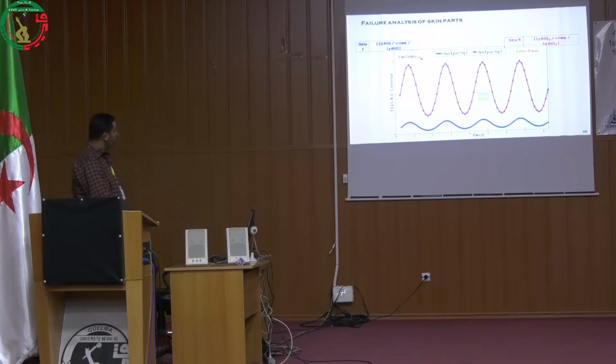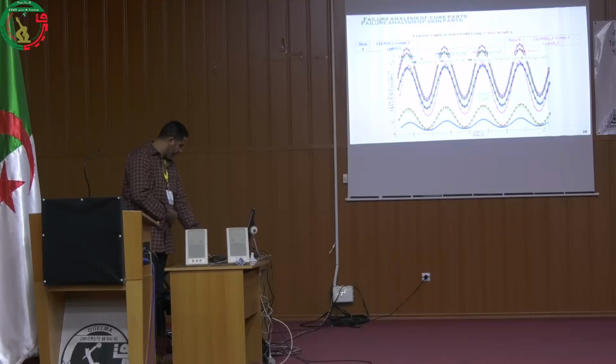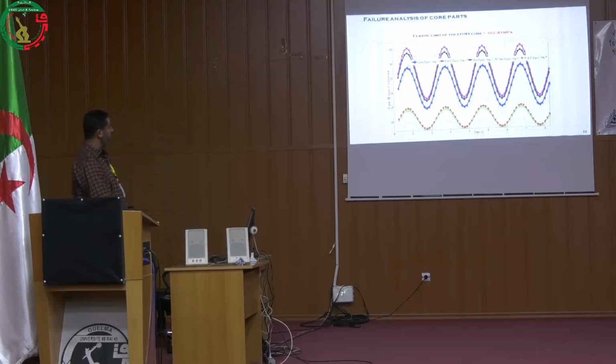This figure represents the criterion variation in the two cases. The first one is the glass epoxy with sequence number 1 and the jute epoxy with sequence number 5. And this figure represents the behavior of the core of our pipe. We can show the Von Mises criterion variation with 5 cases of materials and sequences of layers.